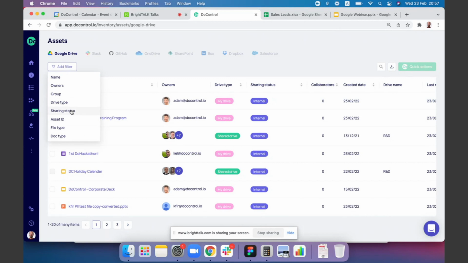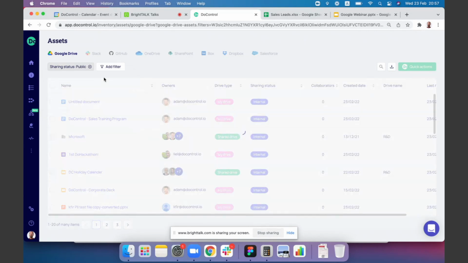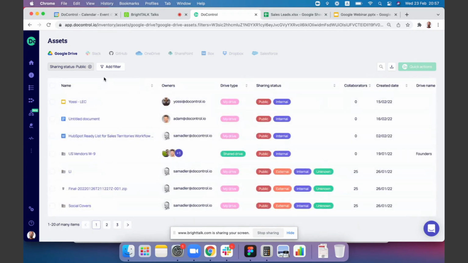So let's start with a simple example. Let's filter for everything that is shared publicly, right? But let's not stop here, right? In many cases, sharing stuff publicly is totally fine, right? We can see here Sam, who is with us today from the marketing department. That's probably totally fine, right? But